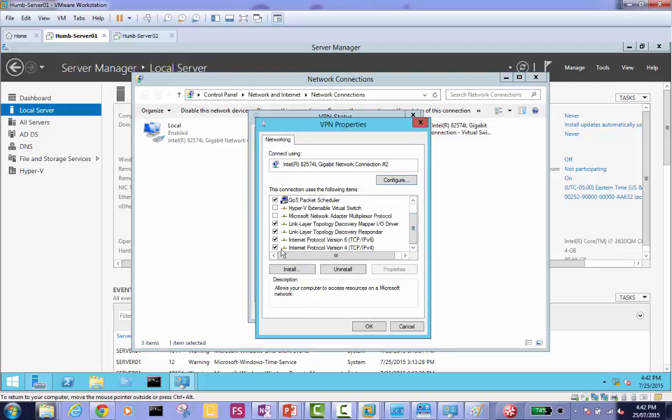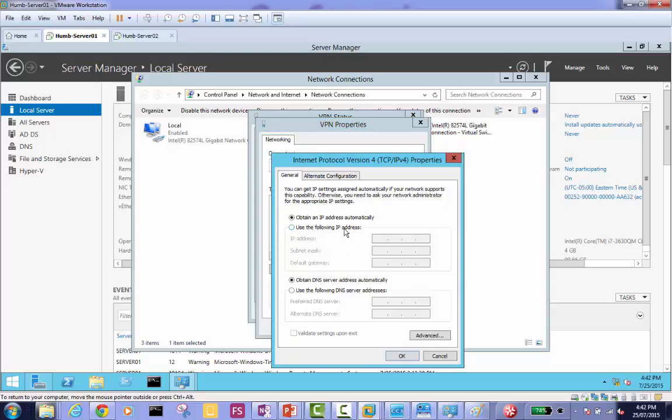We should have IPv6 unchecked, and double click IPv4, the usual drill. And then what is the static IP? 10.0.0.10, and press tab to automatically fill the class A subnet mask. That is it, we do not put anything else here. Do not put a gateway.